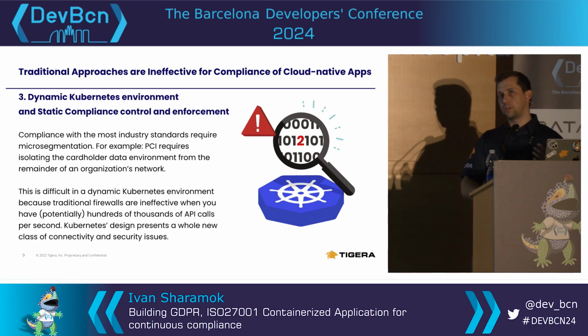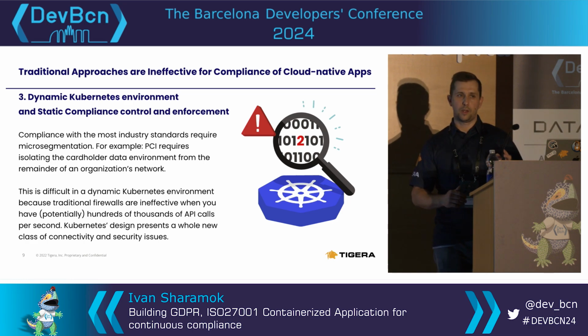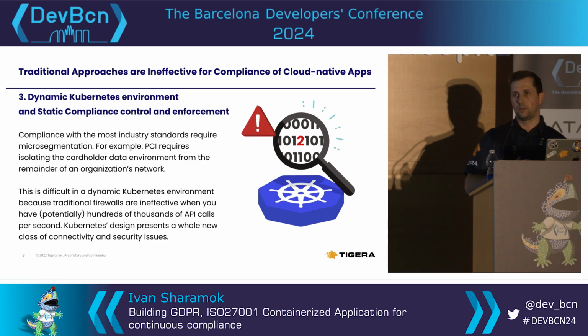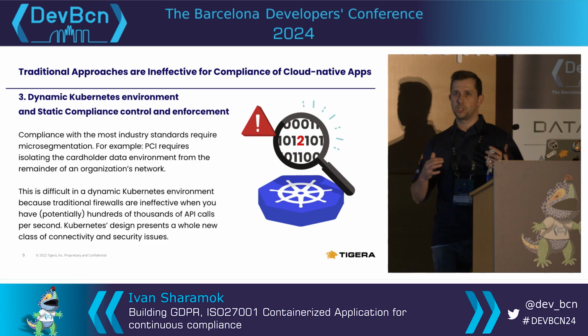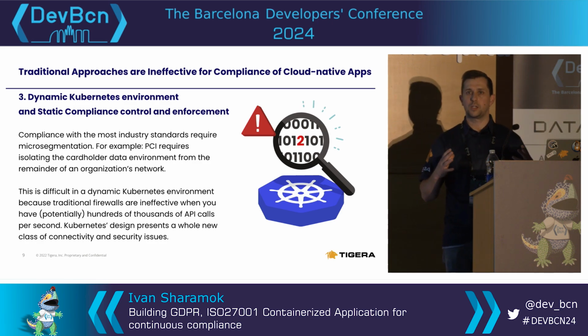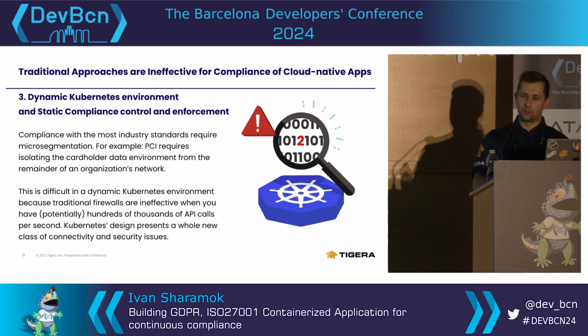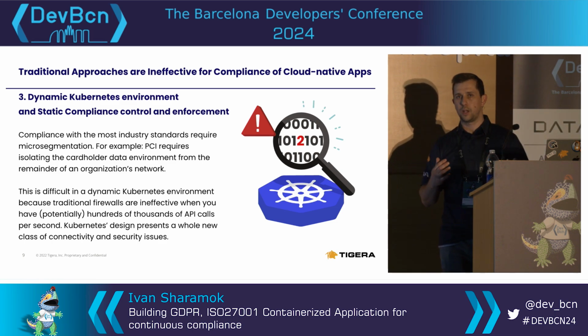So microsegmentation is one of the ways to ensure that your applications can only talk to the services, within the application stack or within the Kubernetes cluster, that they are allowed to talk to, and everything else should not be allowed. That's difficult to achieve with traditional firewalls. Take the example of routable IPs: when you create your Kubernetes cluster and give it routable IPs that you can route through the firewalls, those IPs change frequently.